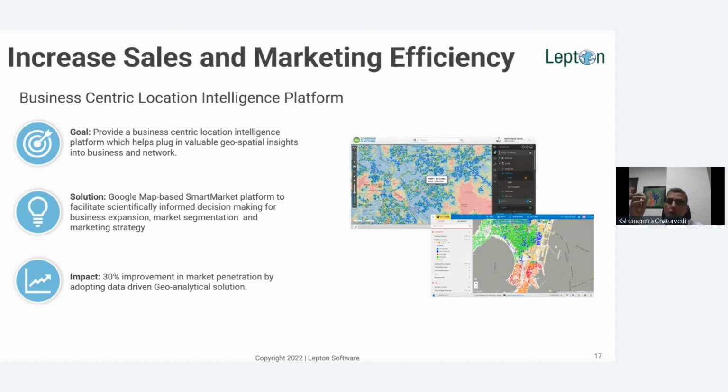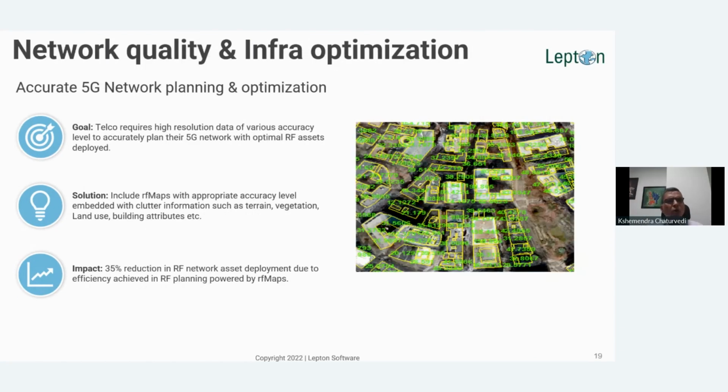So that you can do by that. So having talked about sales and marketing, some of the other aspects, like how do you overall do the network quality, infrastructure optimizations, particularly of the 5G? Because if we speak about the networks and we don't speak about 5G, because that is something which is now the focus area for most of the telcos across the globe, and to have a very accurate planning, there is